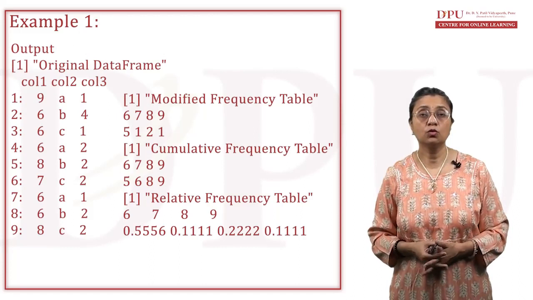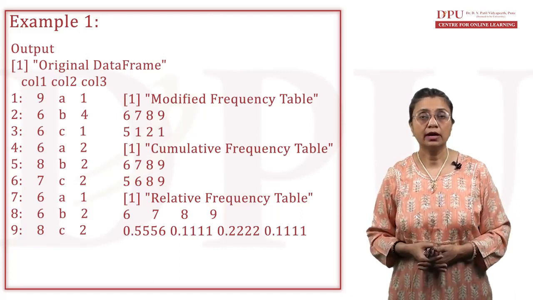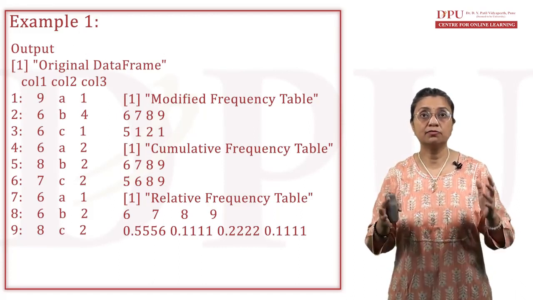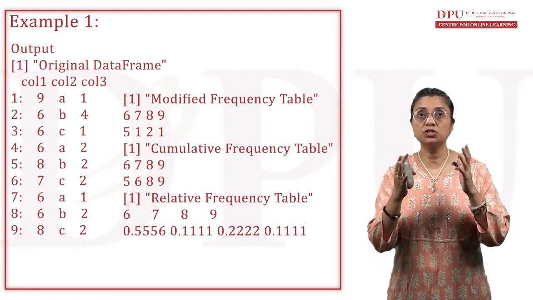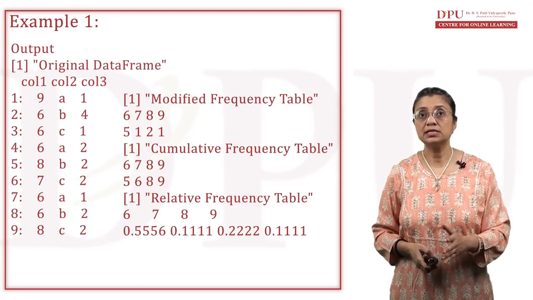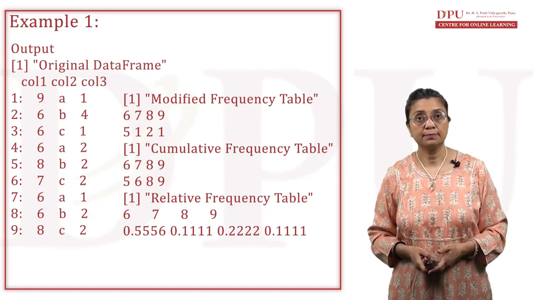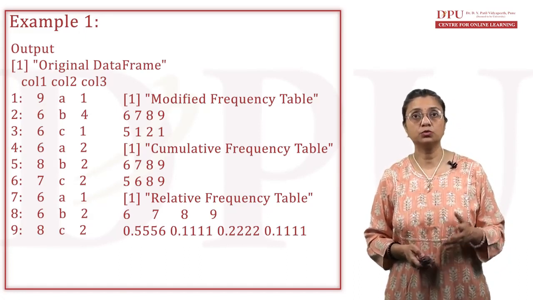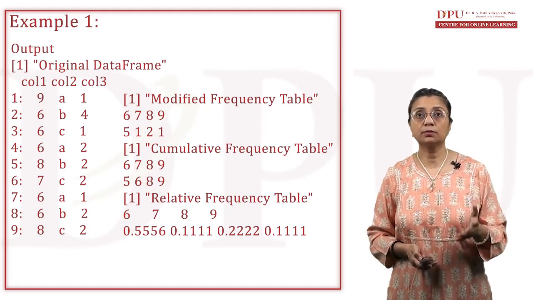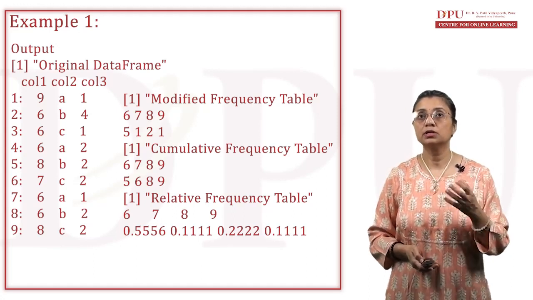Now let's have a look at this data. Now this is your output. You can see over here that the first output is my original data. You can see that the first column is my value, the second column is my A, B, C, D, and the third column is 1, 4, 1, 2, 2. So you can just go back to the code and understand that in the code, the first column